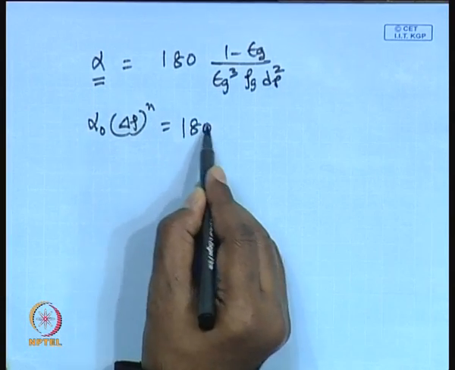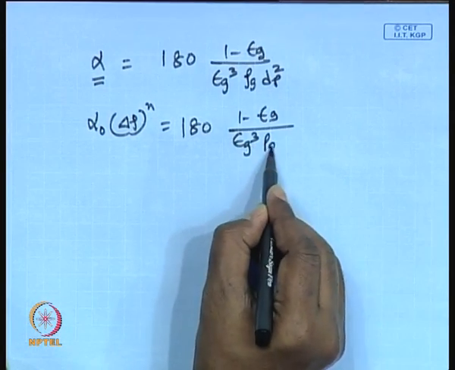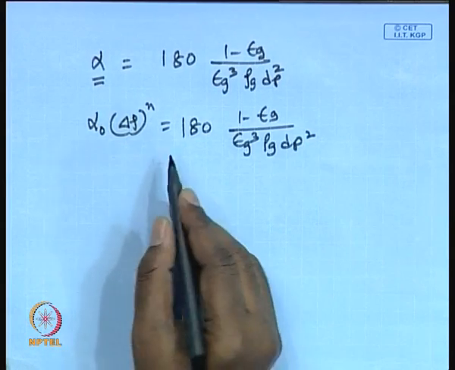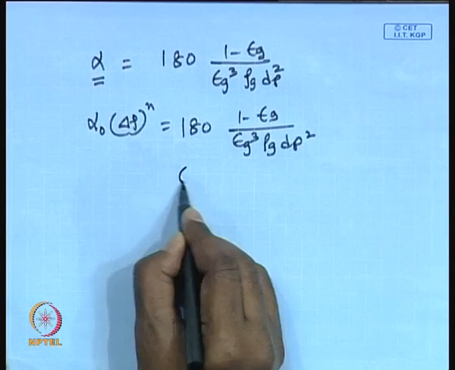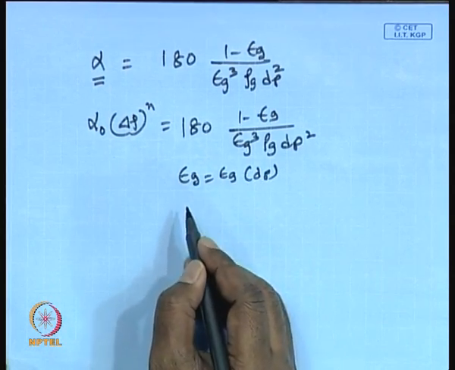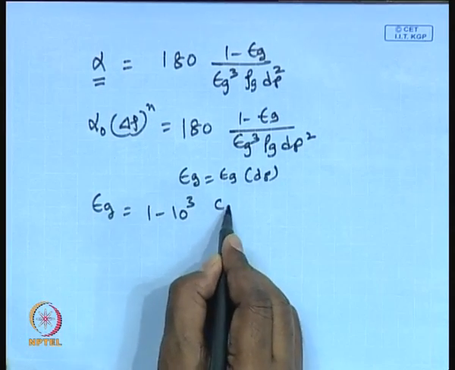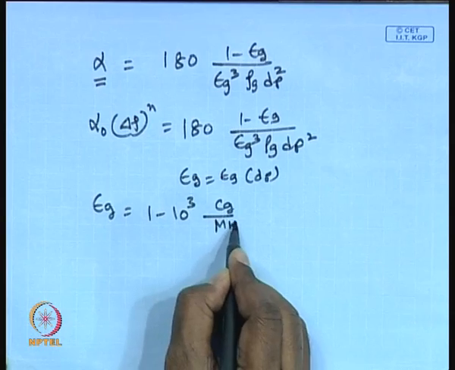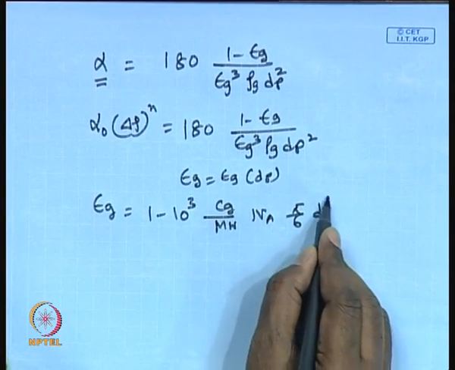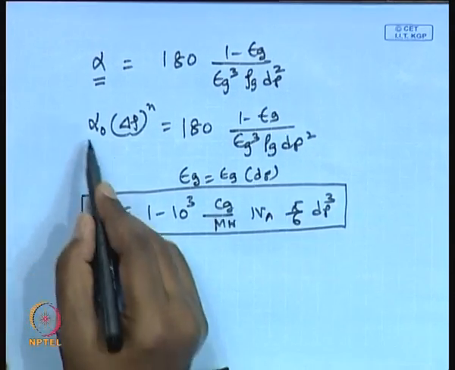is equal to 180 1 minus epsilon g cube rho g times dp square, and right just now we have derived a relationship of epsilon g as a function of dp. What is that? The epsilon g is equal to 1 minus 10 cube Cg molecular weight Na pi by 6 dp cube. This is one equation,